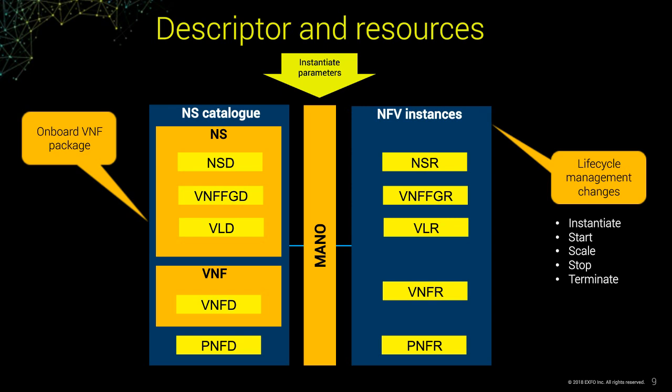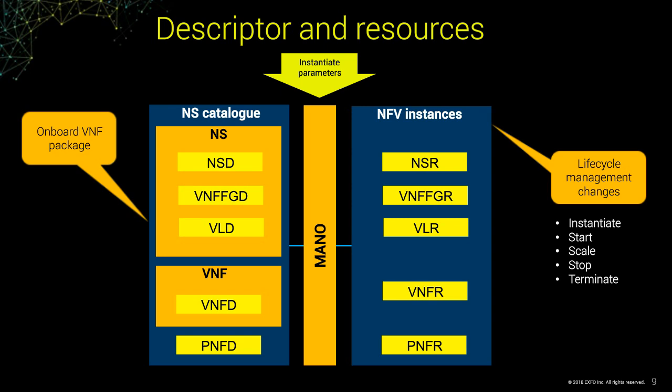So the next question is, like I said, how are you going to keep track of these changes, right? So the answer is what you see in the right-hand side, right? The NFV instances. This is the block that is going to keep the data up to date, so you know at a given point of time the exact situation of the network's condition. Right? So this is very, very important to understand.